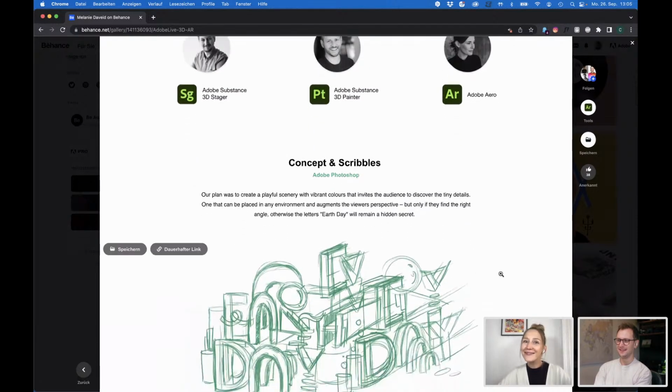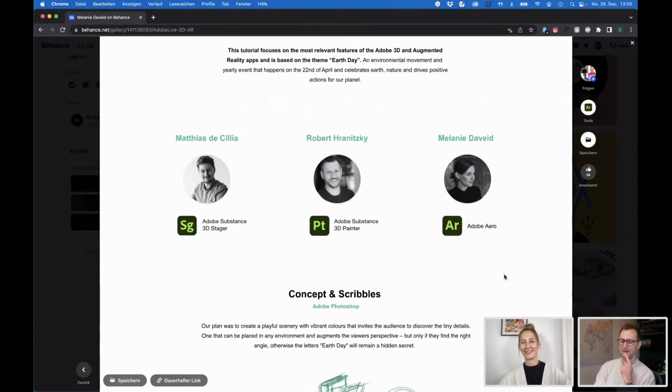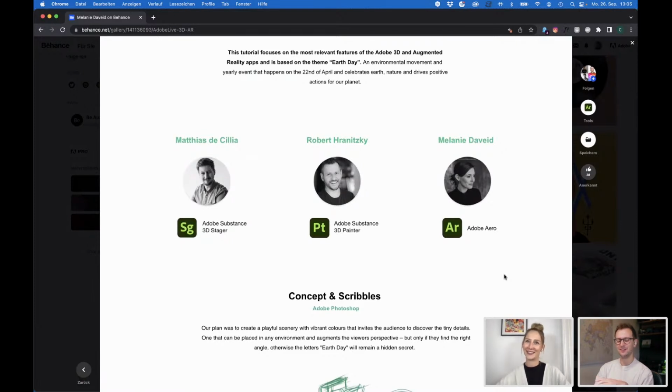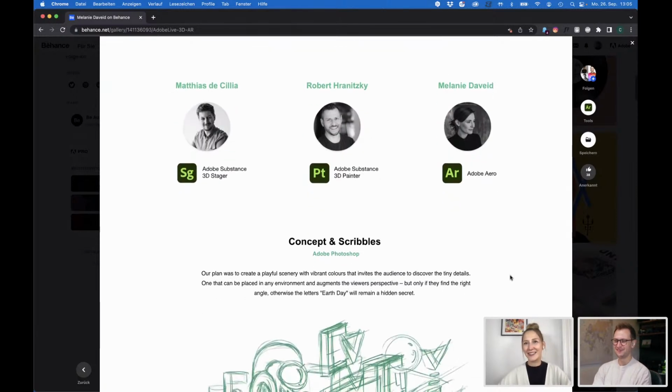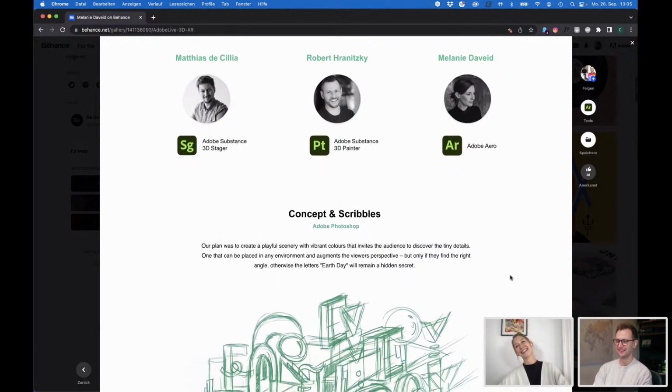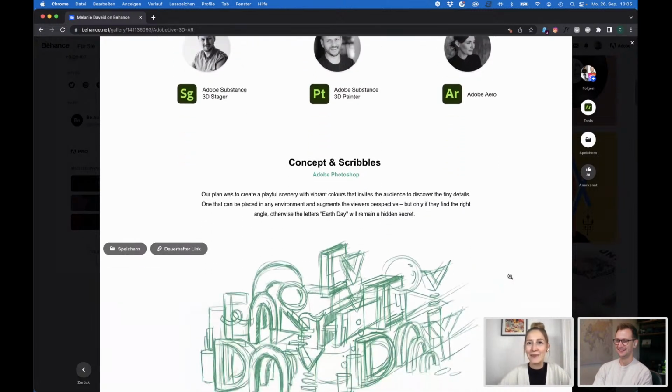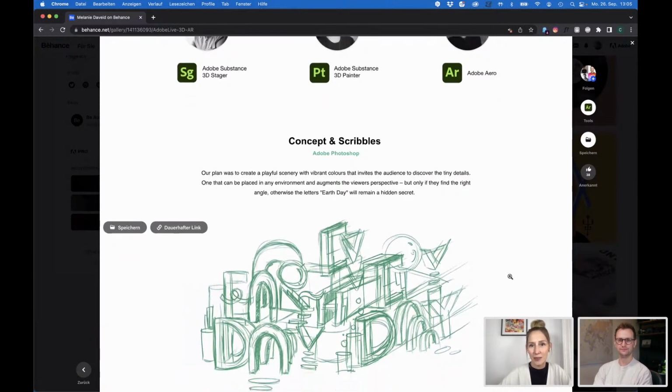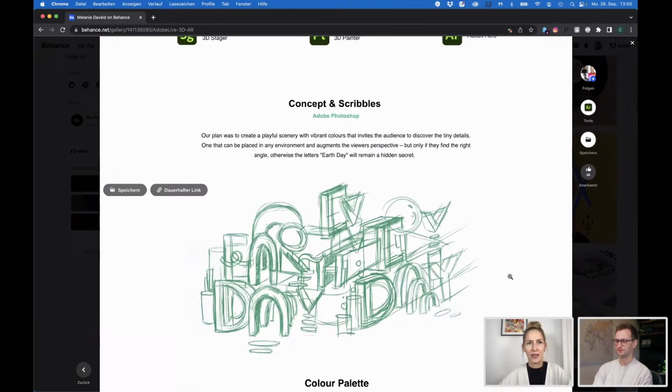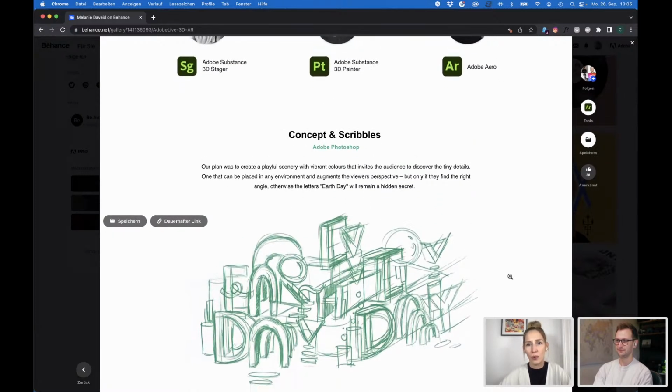And it's always interesting. I love, just as you're scrolling through here, I love seeing the way that creative people present their work, because sometimes that in itself is enough to get inspired. Yeah. Like just seeing layout of things and just seeing the sketch here as well. Totally agree. Yeah, I love just diving into the mind on it. It's really interesting. By the way, you can see the whole case on Melanie's Behance page, but I think it's also on Matthias and Robert's.